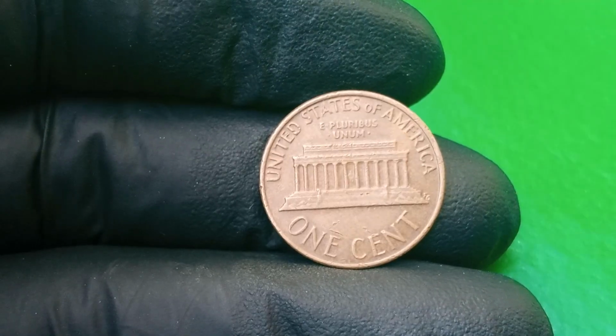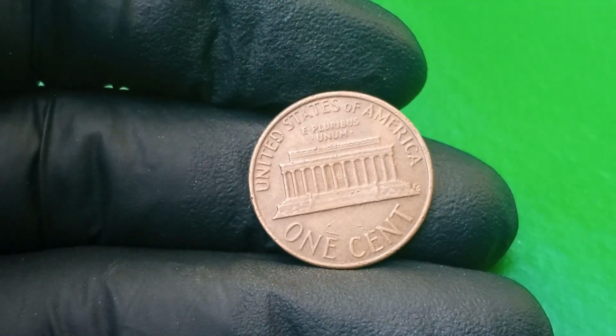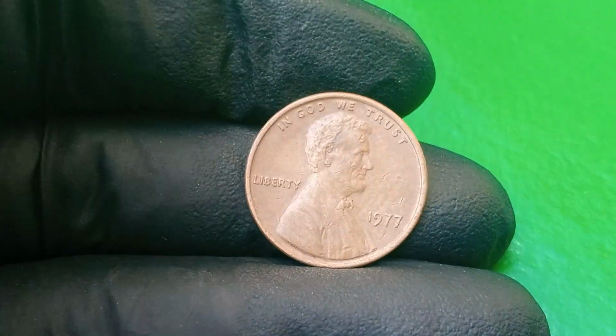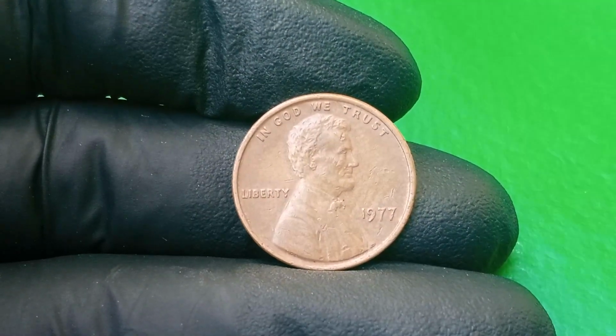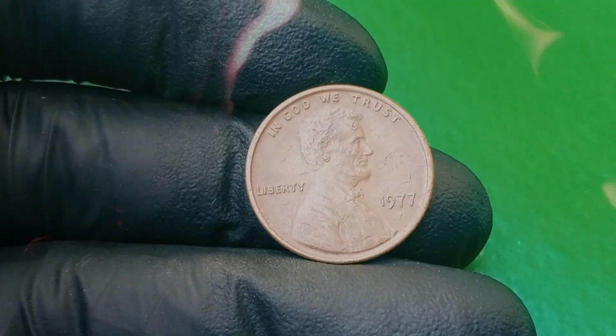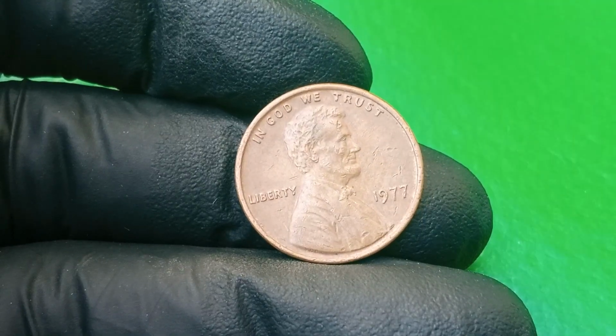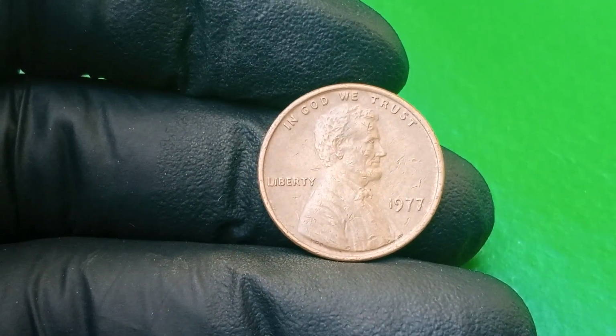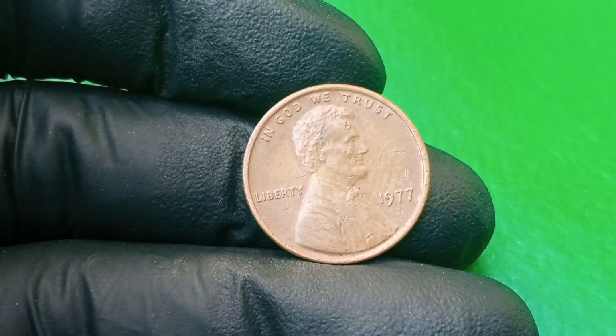The 1977 1-cent coin is a penny from the United States minted in a year that saw hundreds of millions of pennies produced. Under normal circumstances, it is virtually worthless beyond face value, or at best of modest value to collectors for pristine condition pieces. But the rumor is that some extraordinary aberrant specimen might sell for $15 million